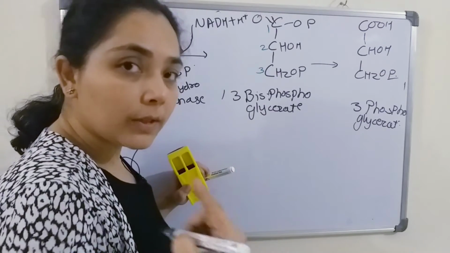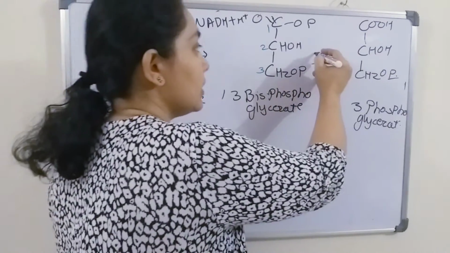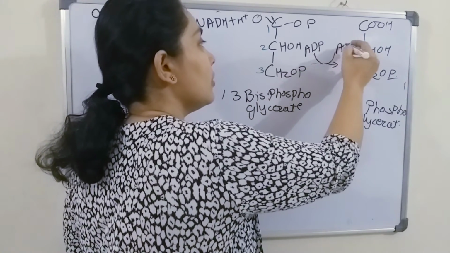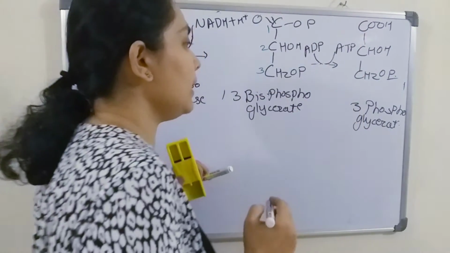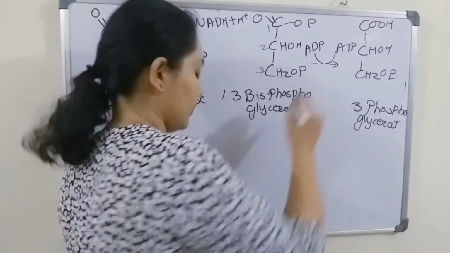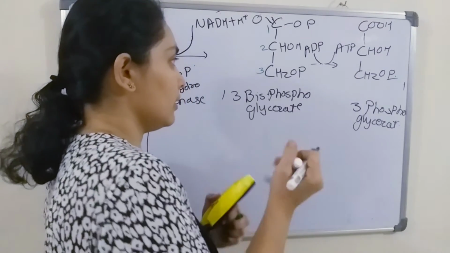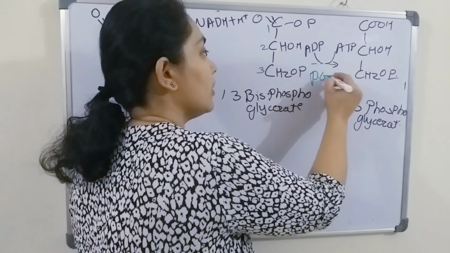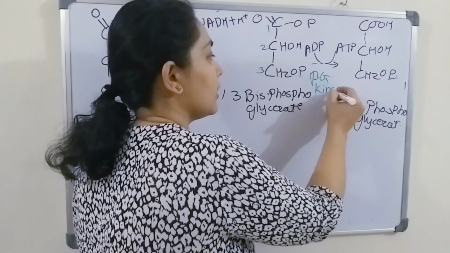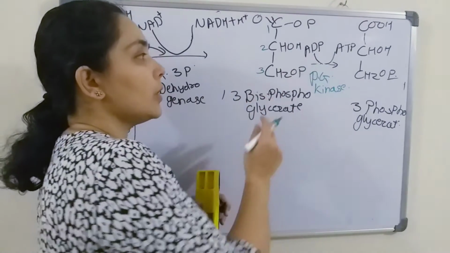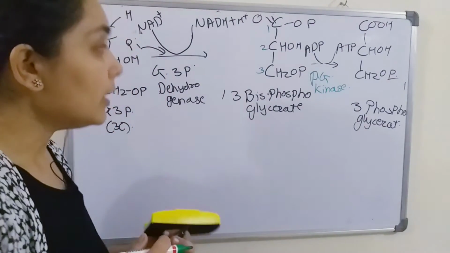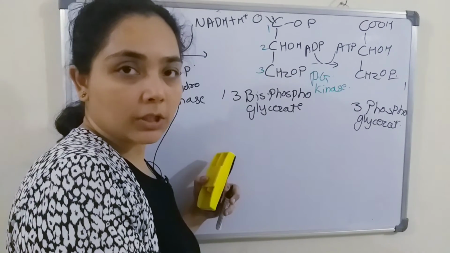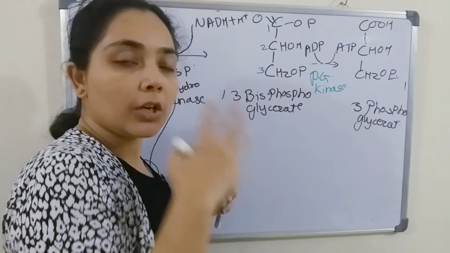So as one phosphate group is removed here, there is now a generation of ATP, ADP will convert into ATP, and the enzyme is phosphoglycerate kinase. Okay, this NADH will then enter into the electron transport chain, and from one NADH we will get